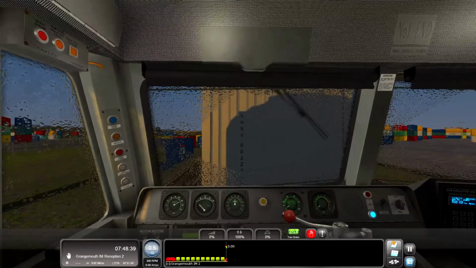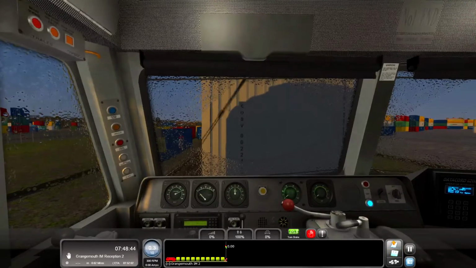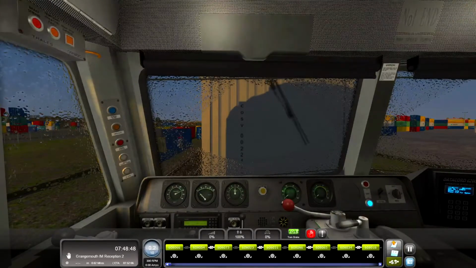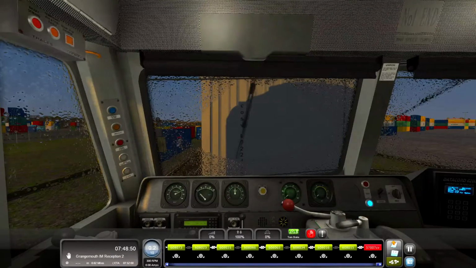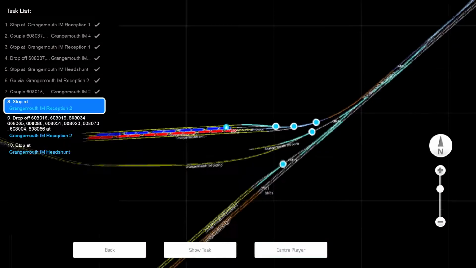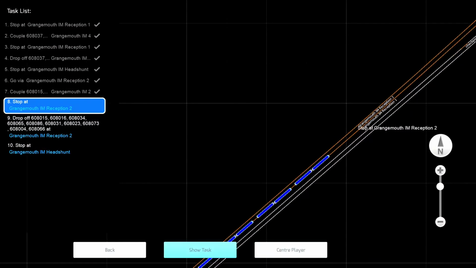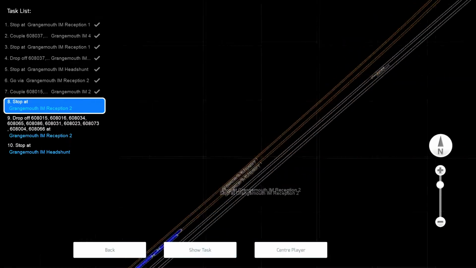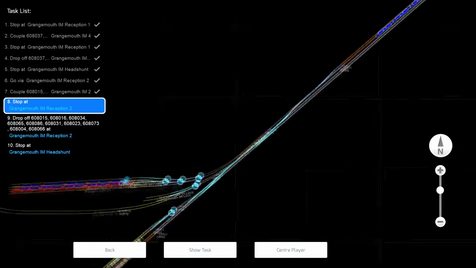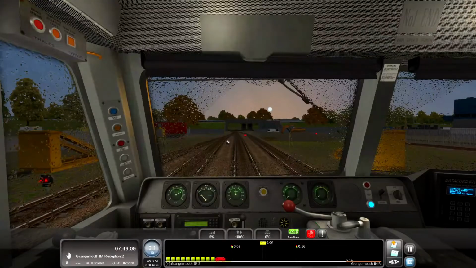So we need to change cabs yet again. Are we coupled here? We are, indeed. Change cabs, and we are going back down to number 2. So yeah, we're all set there. That's one thing you've got to keep in mind is